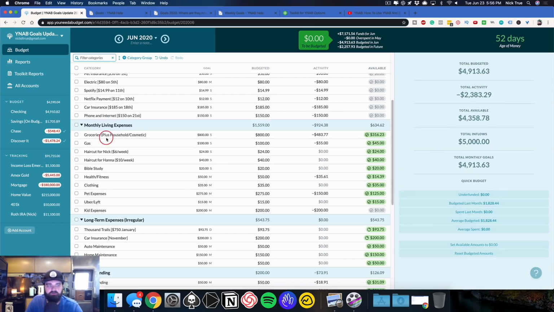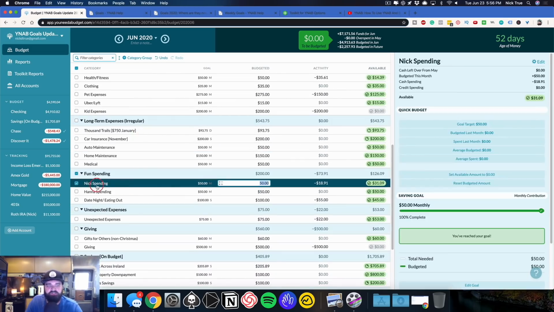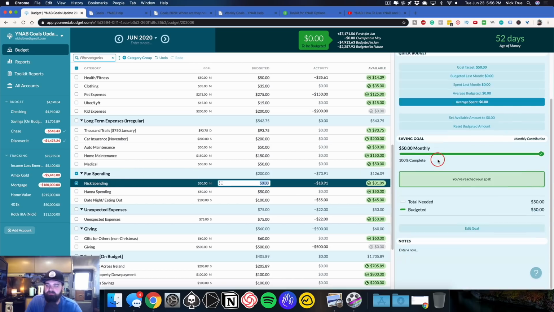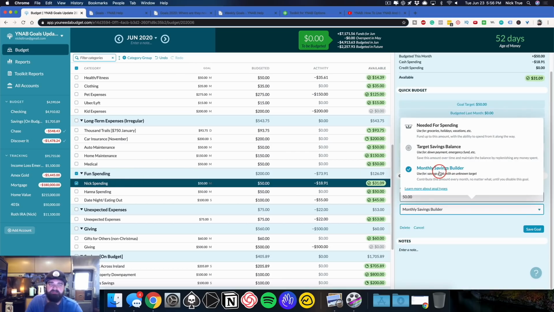So let's start with this Monthly Savings Builder, which I use a lot of the time for Nick spending. Now, the Monthly Savings Builder is basically exactly the same as the older monthly contribution goal. This is going to be used when you want to contribute the exact same amount of money every single month, no matter what, to a category. That means whether you spend all the money in the category or none of the money and it just sits there, you're still going to budget that full same amount